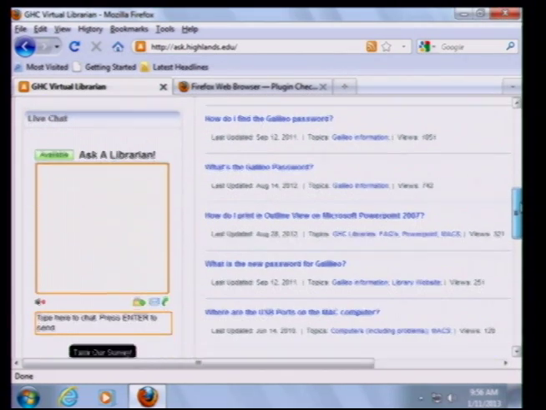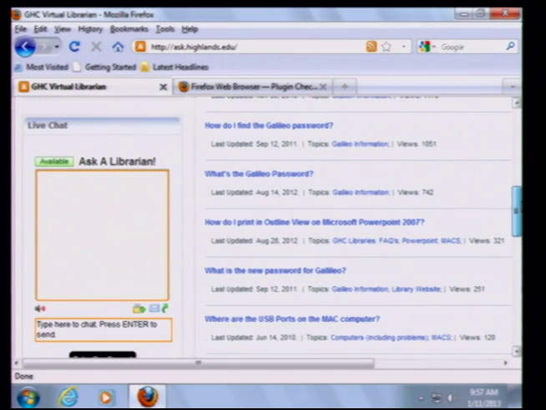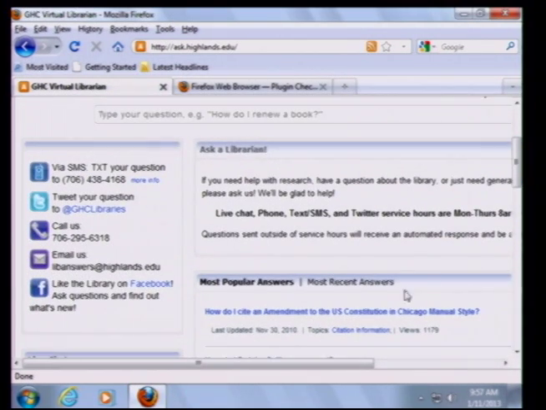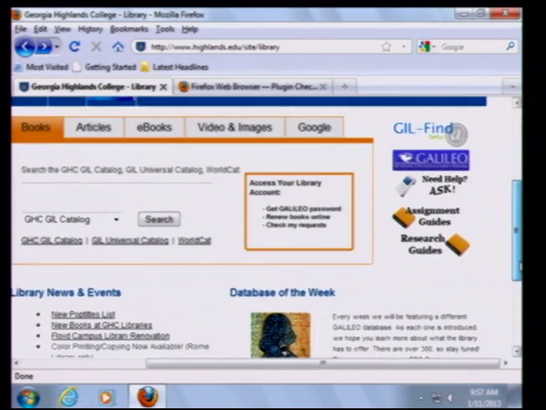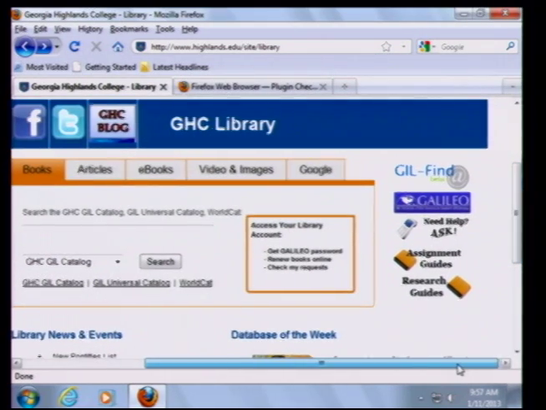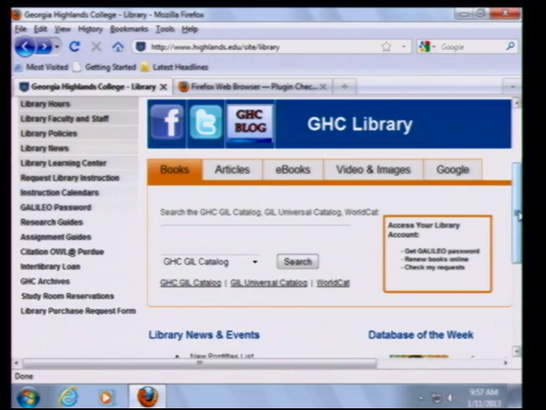And we also have something called Live Chat, which is available to you as long as the library is open. So anytime you need to reach us, you can simply click here and type in a question, and then we will respond in very real time. So that's something that is available to you. Of course, you can also text your question to us. We're on Twitter here. You can call us, you can email us. We're on Facebook. There are all kinds of ways to get in touch with us without having to actually come into the library. So I would be remiss not to point that out to everyone who is interested.